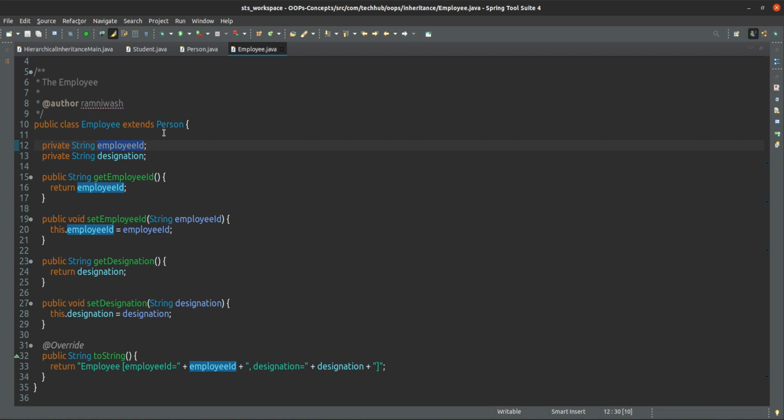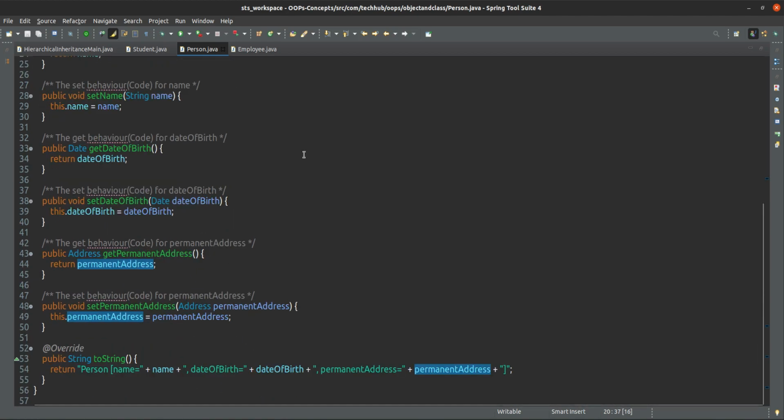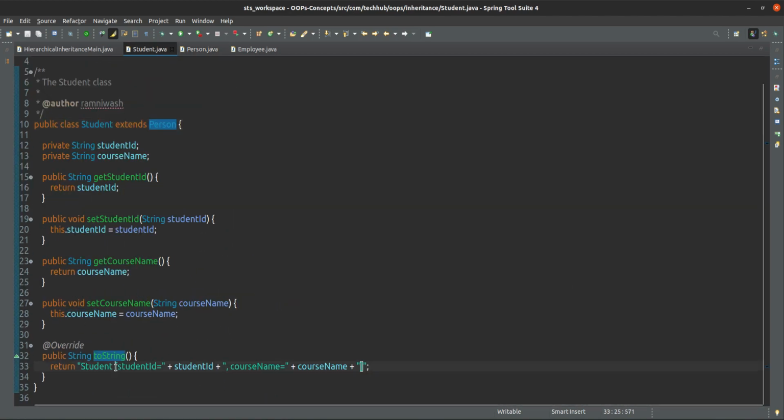So we can say that Employee has an employee ID and designation, but Person has only name, date of birth, and permanent address. We added these two fields and gave setters and getters for them, and the toString method we have overridden here in this way, and here in this way, toString methods.